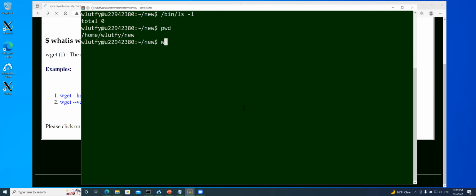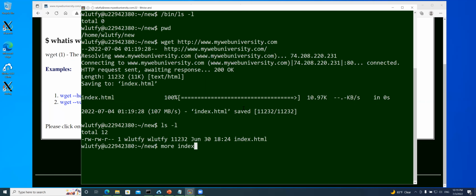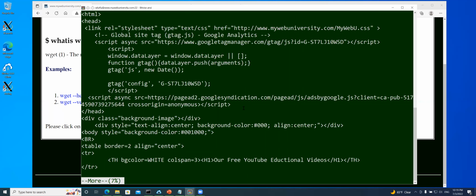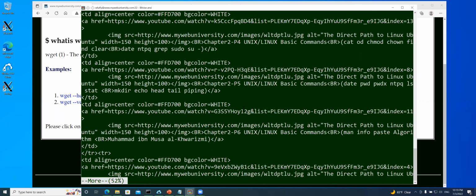But if I just do wget without anything and say www.mywebuniversity.com, automatically, if I don't give any argument, the URL itself is going to just get the index.html file, download it, and now I have the index.html as I browsed to the file. So if I just say more index.html, that is my Web University website, all index.html downloaded here,